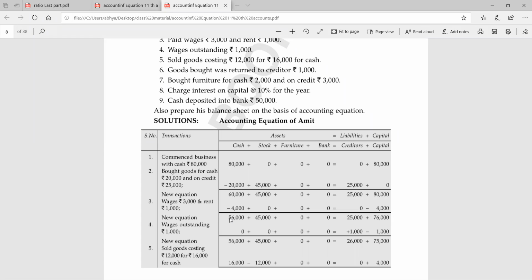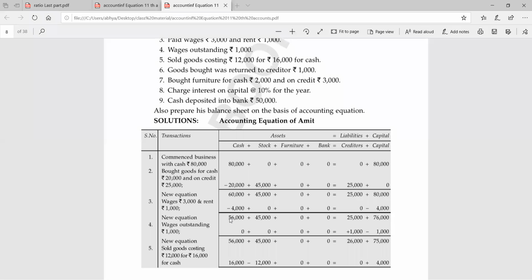So can you tell me outstanding expense nature? It is asset, liability, income, expense. Yes. What is it? Yes, it's a liability. Very good. Himanshu, it's a liability, but it is not a creditor. Make sure it's a liability, but it is not a creditor. Because creditor means the persons from whom we have purchased goods on credit. Here we have taken the services of that labor. He has done some work for us. We are supposed to make him payment, but till now we have not made him any payment.